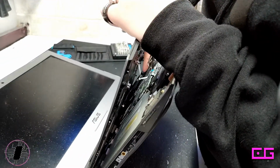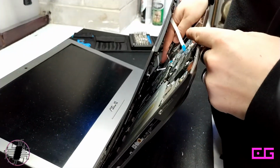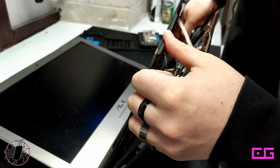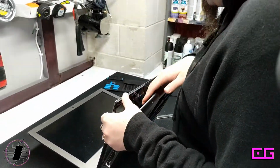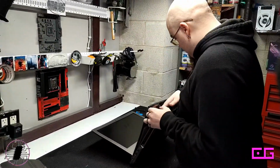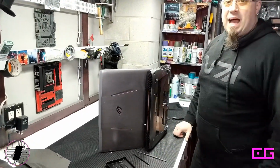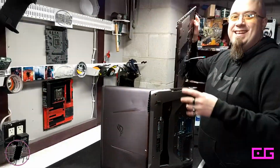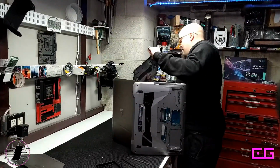Thankfully, this thing's pretty malleable. There we go. See that I just got that little latch right there? Come on. And it just comes right out. And from here, I can just push the CD drive out. I forgot a screw. Ha ha! Yatta! Okay, that